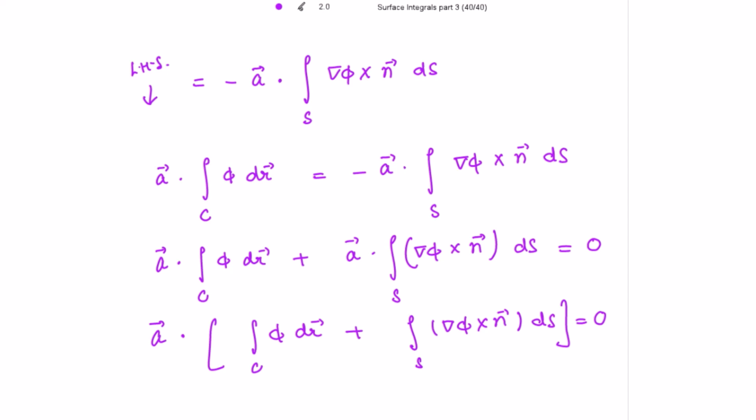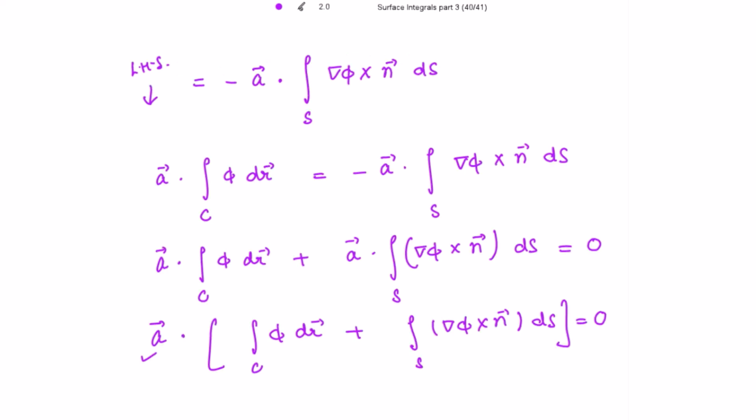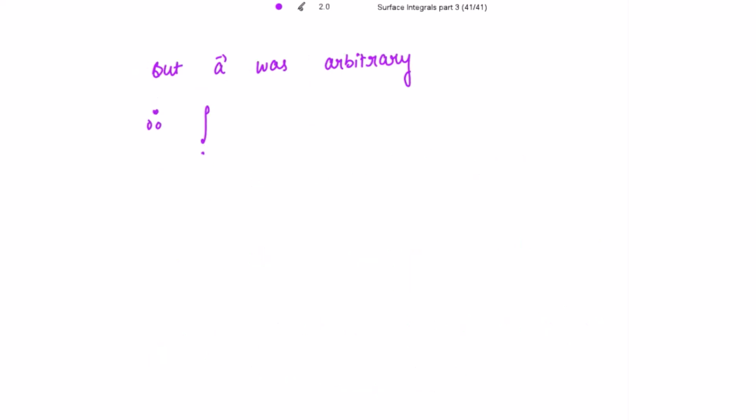And because A vector is any constant vector, A vector is arbitrary. But A vector was arbitrary, and because A vector is arbitrary, the sum of the integrals in the bracket is equal to 0. The sum of these two integrals